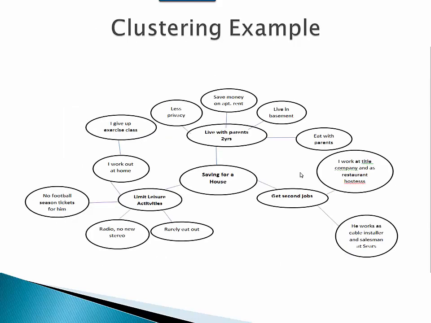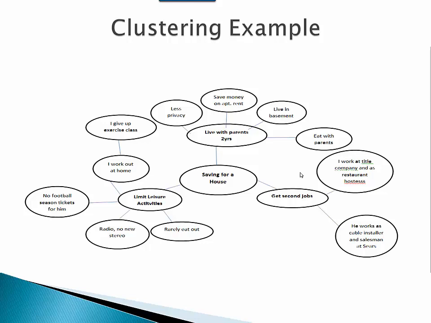The next example is clustering. Here, as I said, you have the main idea in the center and circles around it with the ideas for the essay. In the center, you have saving for a house, and then around it you have the 3 main ideas that this person might have written for his or her essay, which are live with parents for 2 years, limit leisure activities, get second jobs. Okay? And then you have other ideas associated with each of those